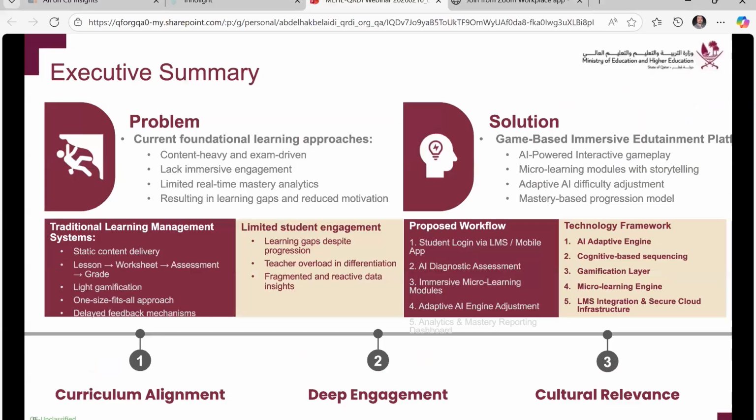I will talk right now about our challenge and the solution we are seeking, and I will start with the problem we are focusing on. The ministry is committed to enhancing student achievement and engagement, particularly in foundational competencies assessed by global benchmarking, such as PISA, TIMSS, and PIRLS. These are global exams and rankings used to benchmark educational ecosystems all over the world. But despite our continuous efforts to innovate and optimize educational outcomes, we face traditional teaching method